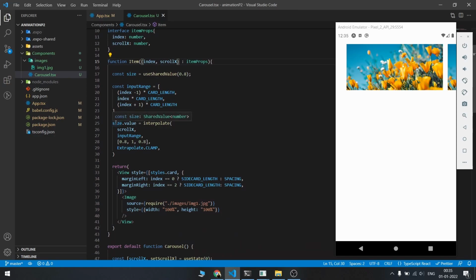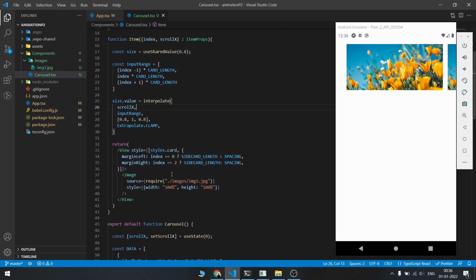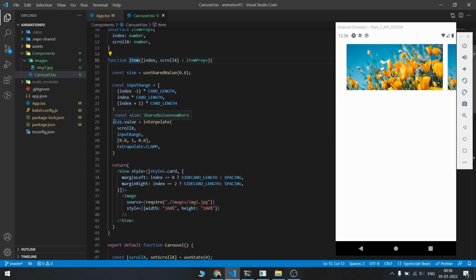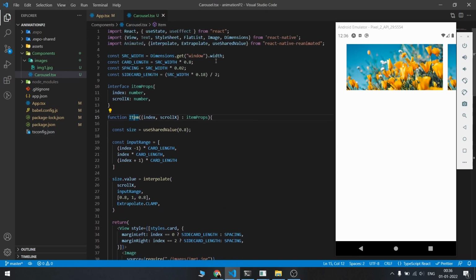Okay, so now that we have the size of the card at every phase, the only thing left for us is to assign this to our card, right? In this case, to our item. So, if you remember, whenever we assign styles to a component that is being animated, we use the animated style hook, right? So let's import it.